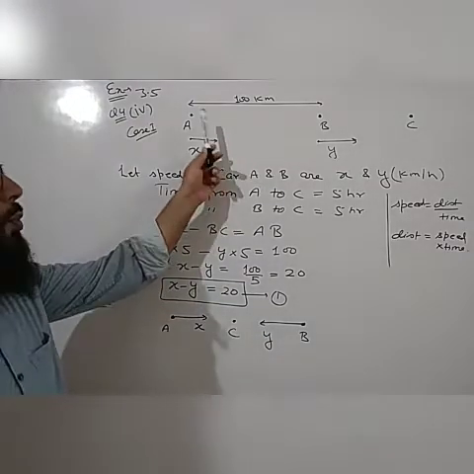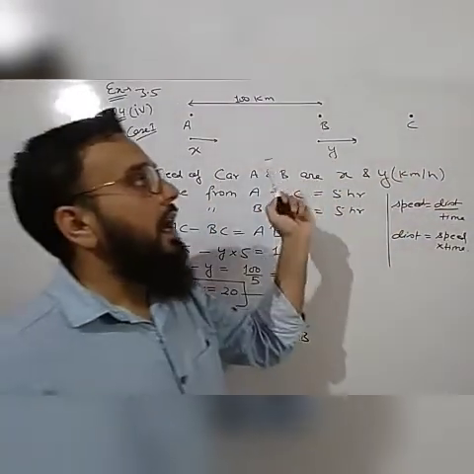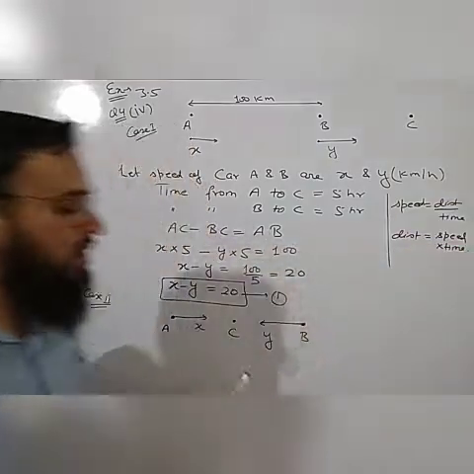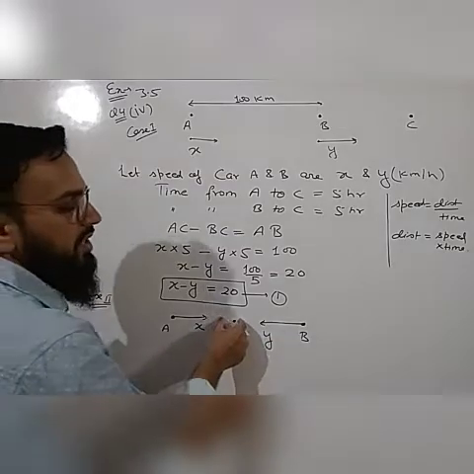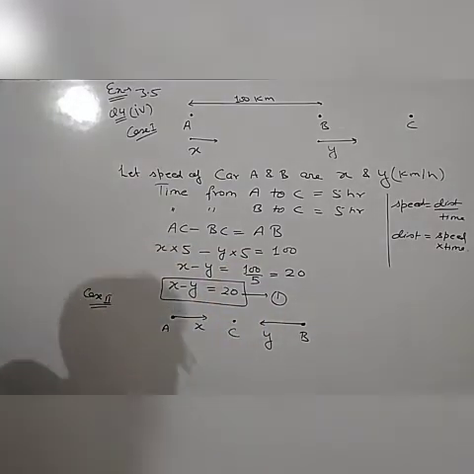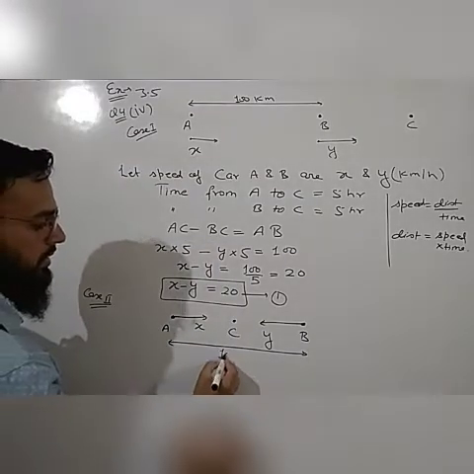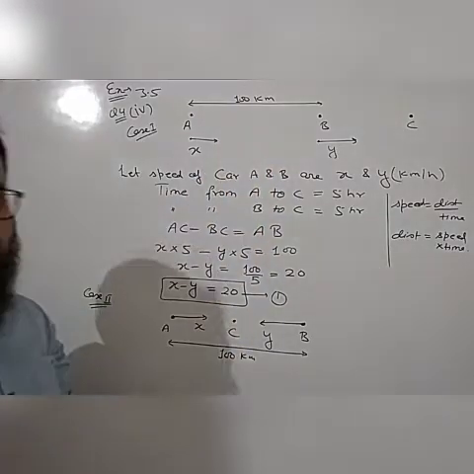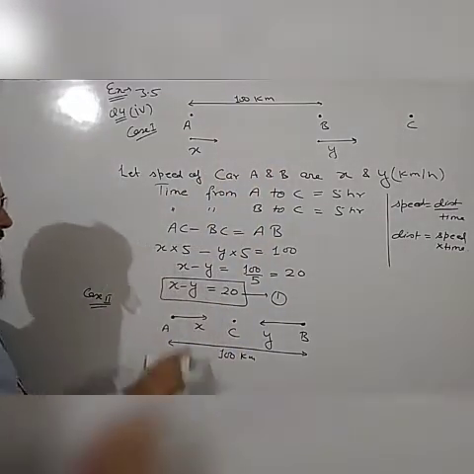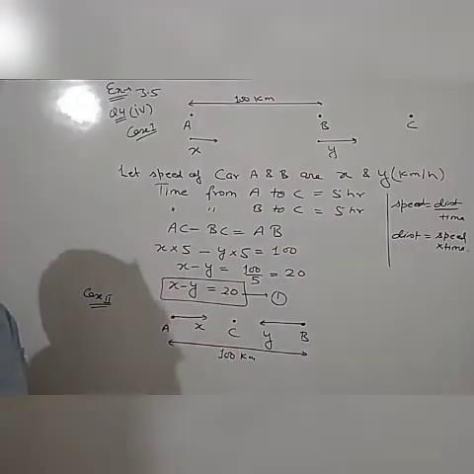In the earlier case both the cars were moving in the same direction. That's why they were meeting after the point B. But now in this case both the cars are moving in the opposite direction. It means both of them will meet in between A and B. So now I have considered point C in between. Now the distance between A and B is 100 kilometer. In the earlier case it was 100, so it will be 100 here also. The speeds are also the same. Speed of car A is X and speed of car B is Y. Only the direction is changed.